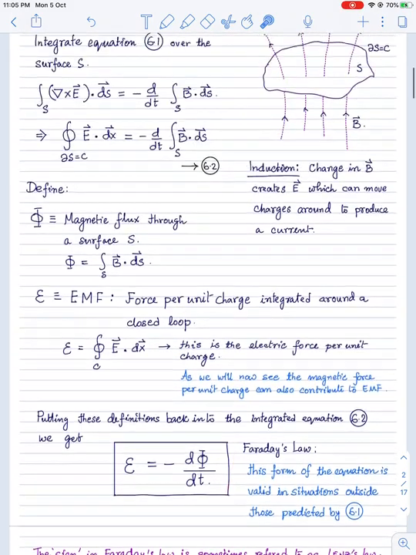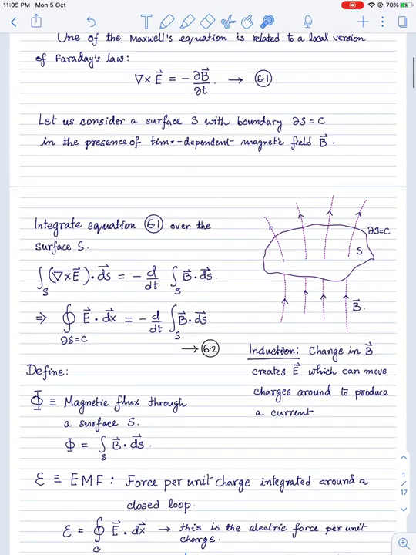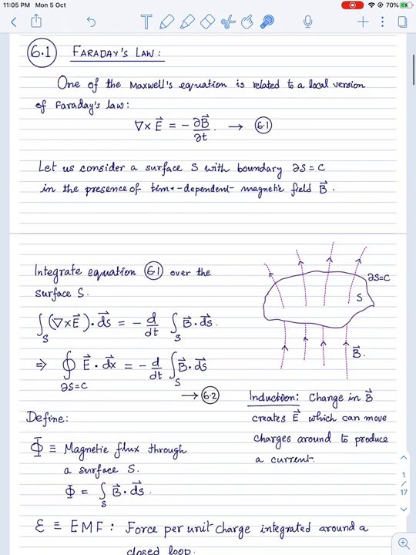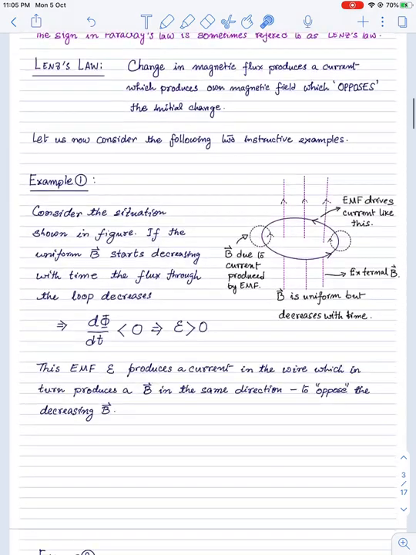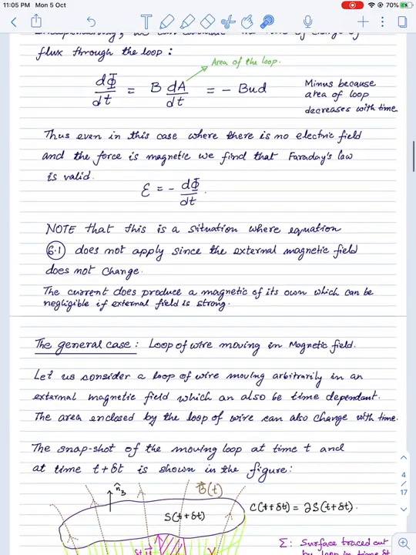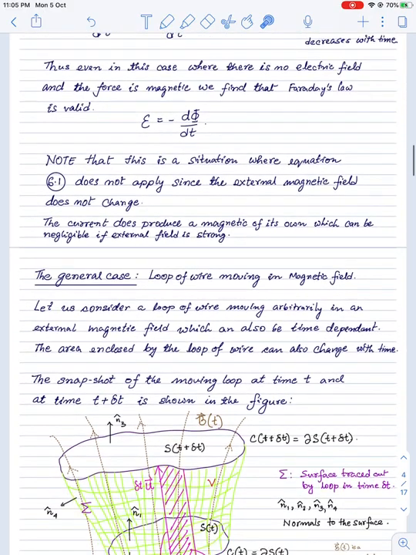So basically, this statement of Faraday's law written in this way has a bit more than the local equation, which is also sometimes referred to as Faraday's law. This integrated equation where you're talking about EMF and change of flux has a little more physics than just this local equation which says a changing magnetic field creates an electric field. So with that in mind, we will proceed